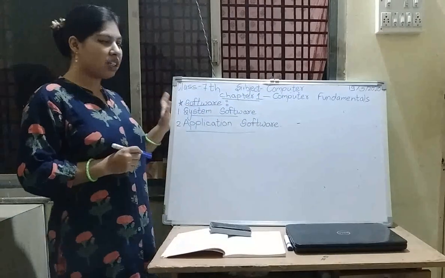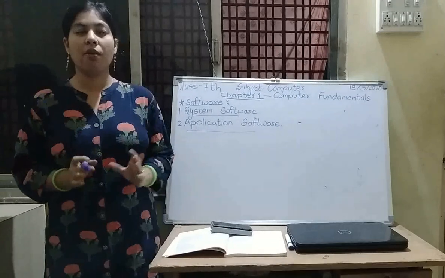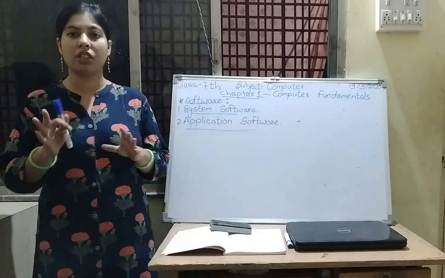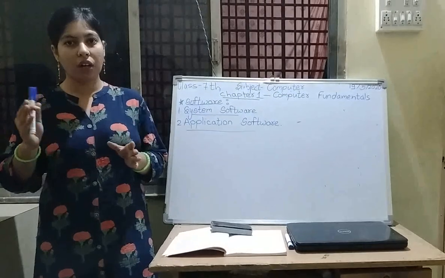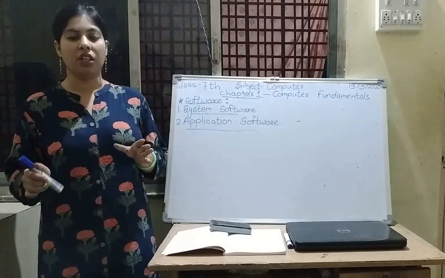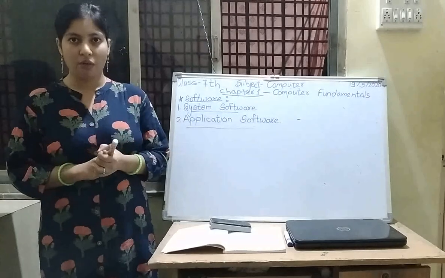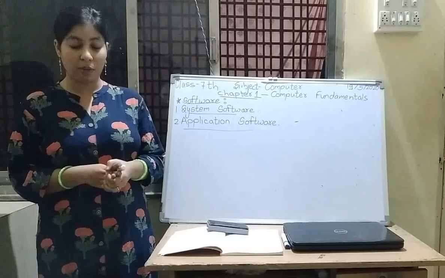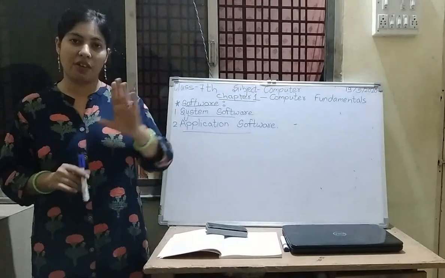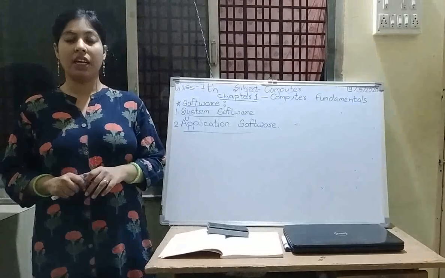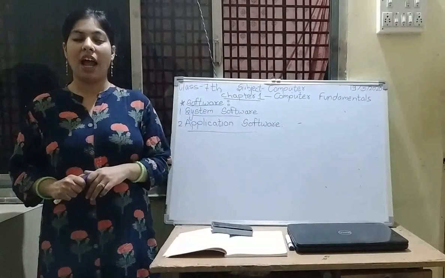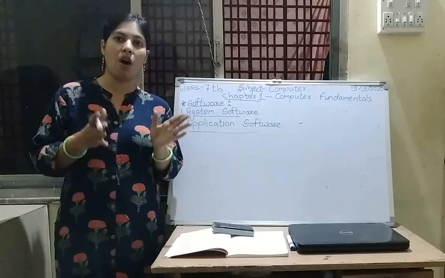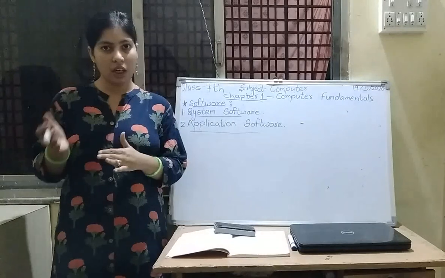So going with the system software. The system software are the software which are used for controlling the operation of our computer, of our machine. They are known as the system software. For example, operating system, all of you know what is operating system. You are well aware of the definition of operating system. Then the next ones are the device drivers, language translator, system utilities. So these are the different types of system software. We are going to learn them one by one.